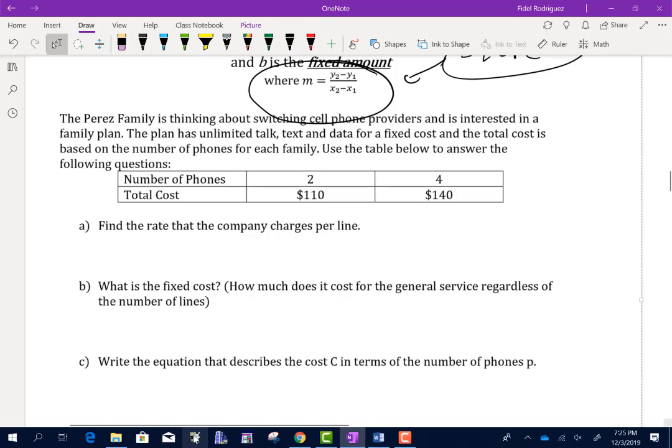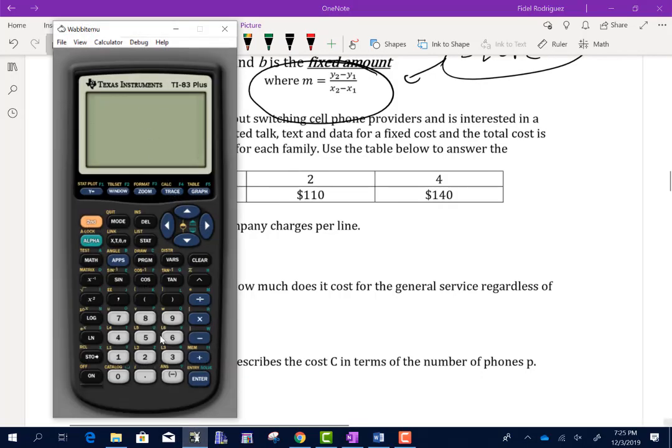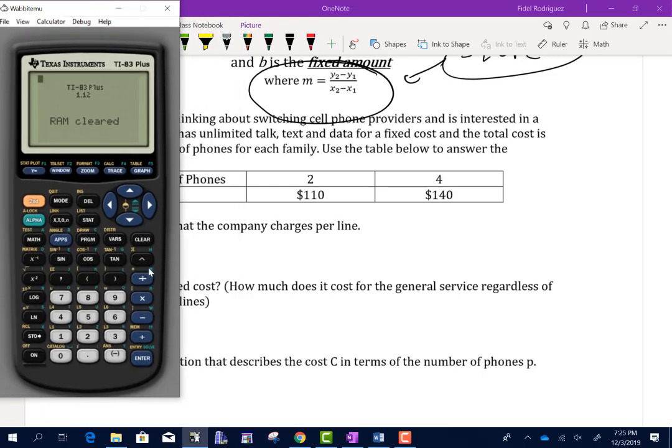Now, I'm going to get the calculator going right here, guys. A lot of times what people want to do, sort of the first instinct, is to say, well, why don't I take 110, and how many phones did we have there? And divide it by 2, right? And if you do that, look, that's $55 per phone, right? But does it work out the same way if we take 140 and divide it by 4? No, it's $35 a phone. So it doesn't work. I can't do it just by dividing those numbers. But what we can do is we can say,